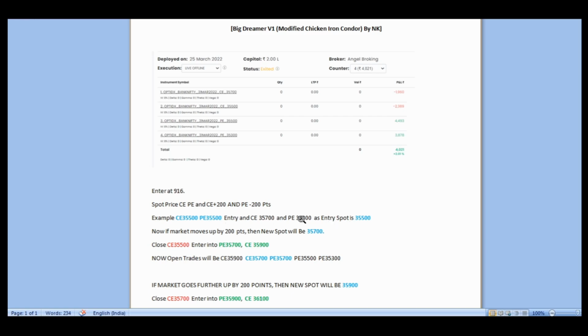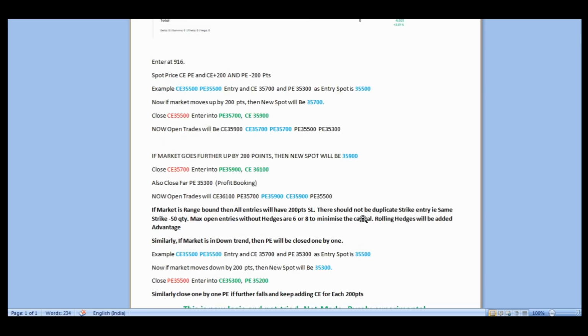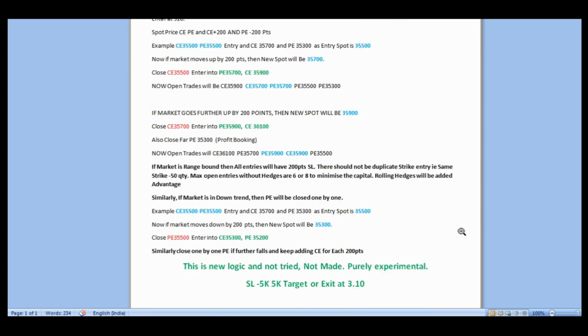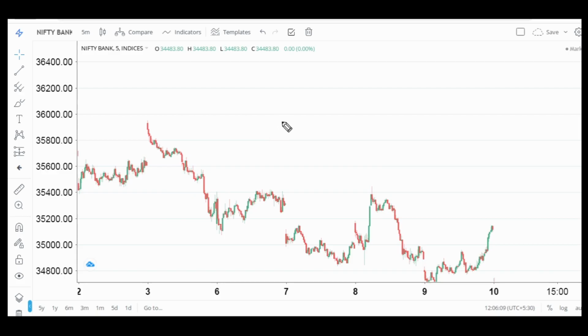So entry, exit, as you all know. So you can read these ones if you want to. You can download this also on our Telegram discussion group. I think on 5th and 15th April, he had uploaded this document. So he had suggested a stop loss and target of 5k, but I have, as you all know, kept SL and target as per ARK-A. You can modify as per your requirement, no problem in that. So let's see this strategy on chart once. So this is Bank Nifty index chart.